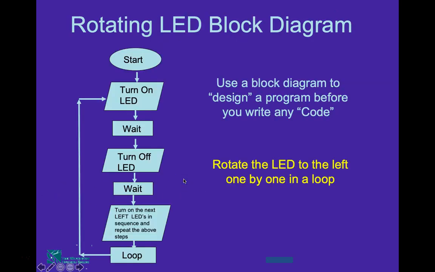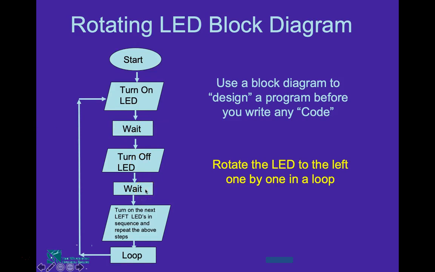This is the block diagram, or flowchart, for rotating LED, and it's very similar to blinking LED; the only difference is that I've added this block. I'll walk you through from the beginning. Start the program, turn on the LED, wait, which means providing the delay. The LED will be turned on in that position for some time, and then the LED will be turned off,